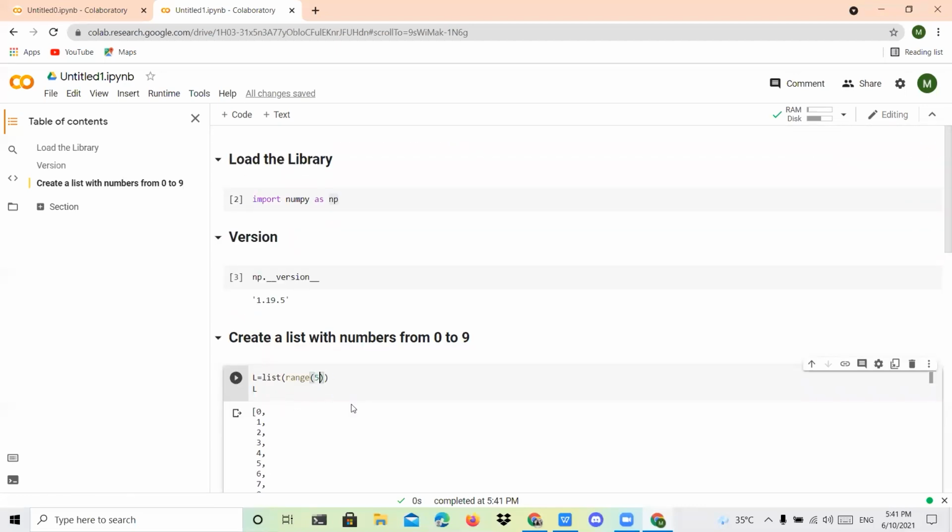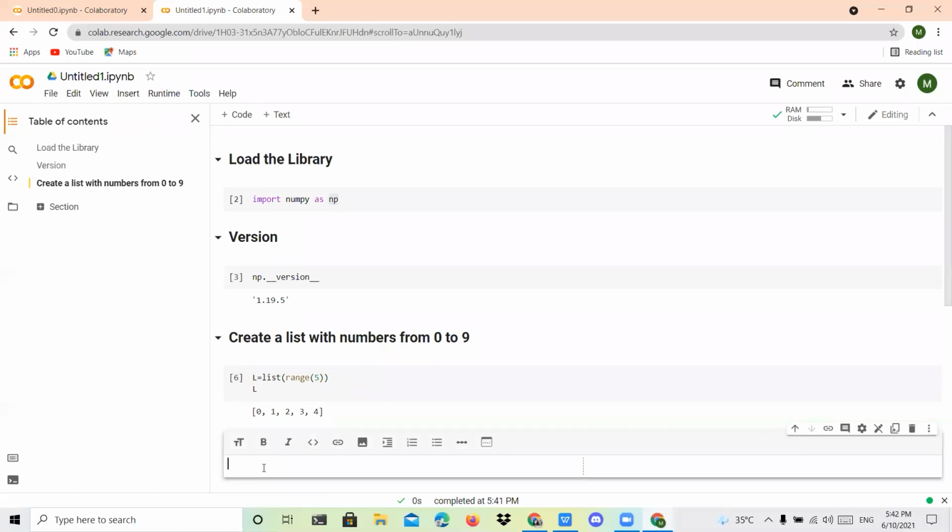Okay, so now I'll change 5 alone. These are all in the format of an array only. Whenever we use square brackets, and it is printed on the screen in the form of square brackets, everything will be considered as an array. Okay, so next I want to know the type of this particular list. This is integer only, right? So I want to know the type of these things. That is also, I am going to give type of list.